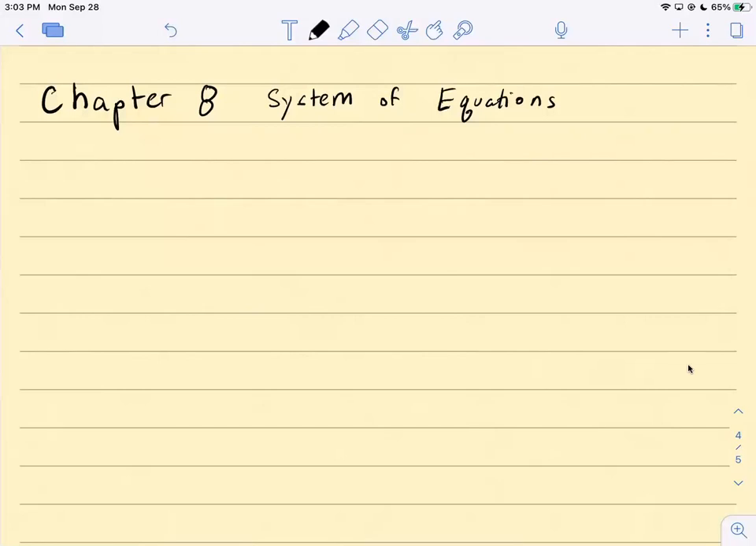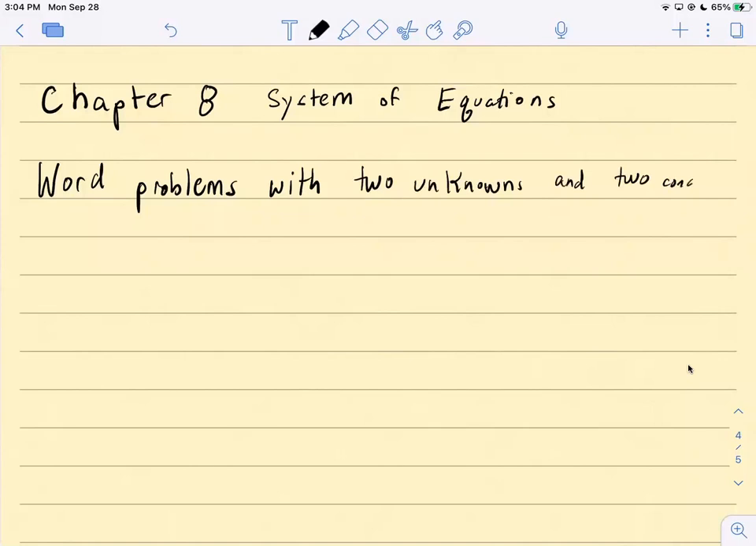So now we're going to move on to Chapter 8, Systems of Equations. The main type of thing where we'll see systems of equations pop up is word problems. Word problems with two unknowns and two conditions. For example,